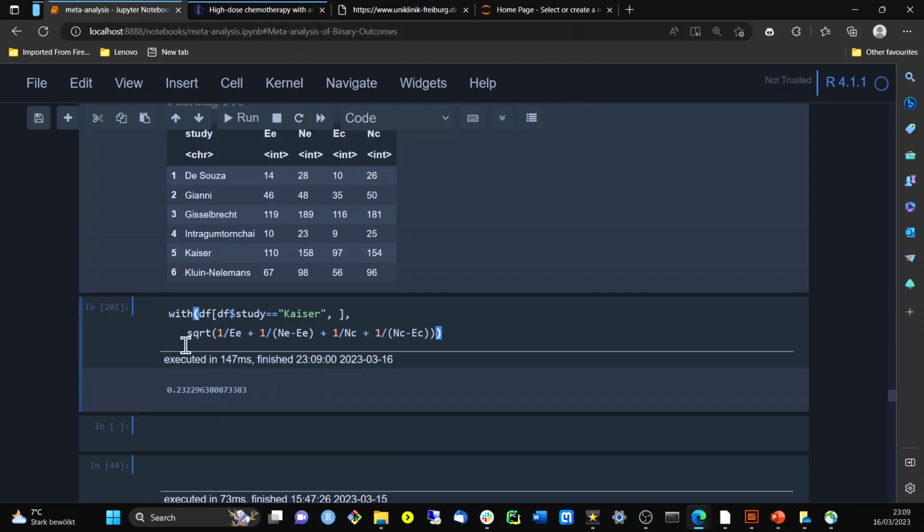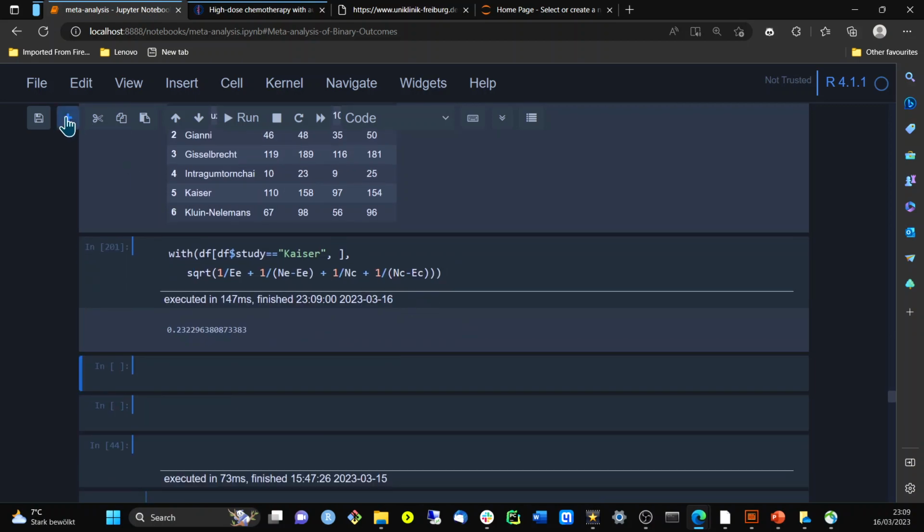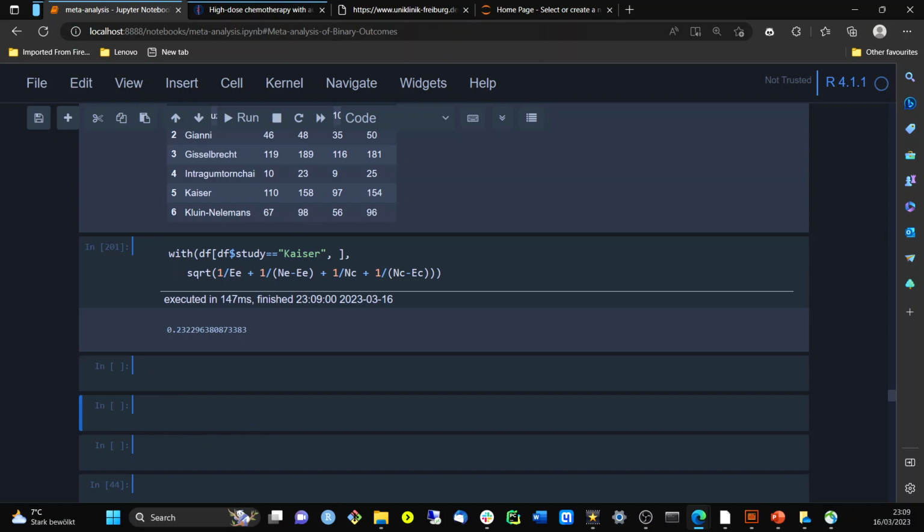Otherwise, you can also round it into, I don't know, 3 digits or something, but I'm not doing that now. But let me also try to calculate